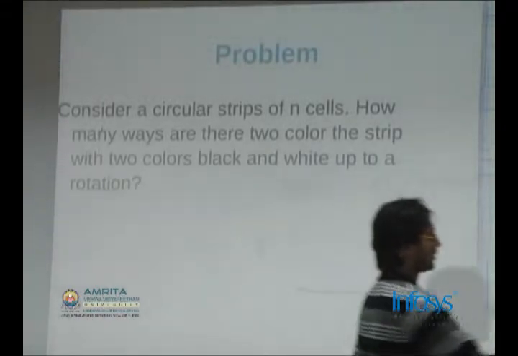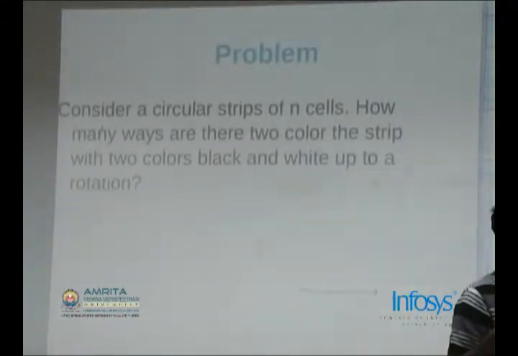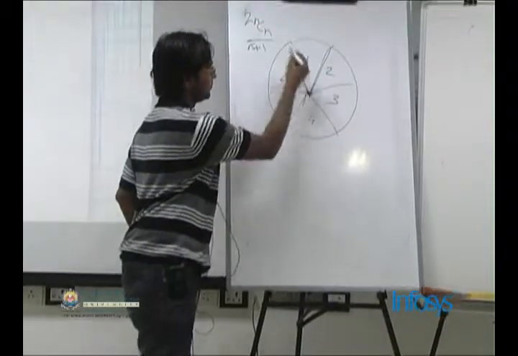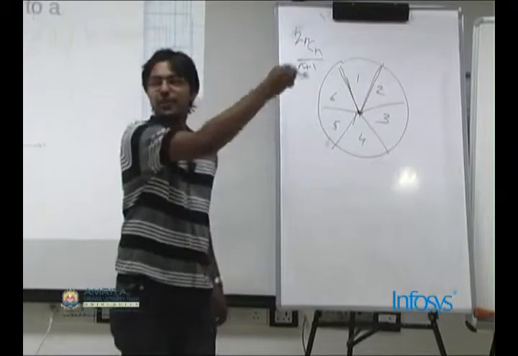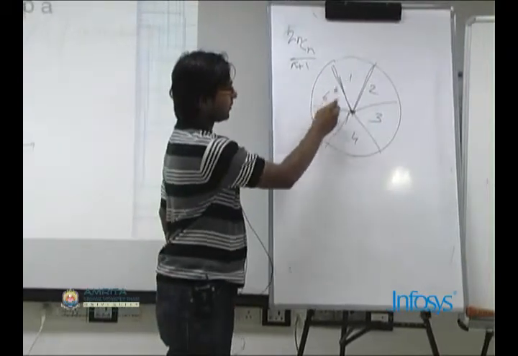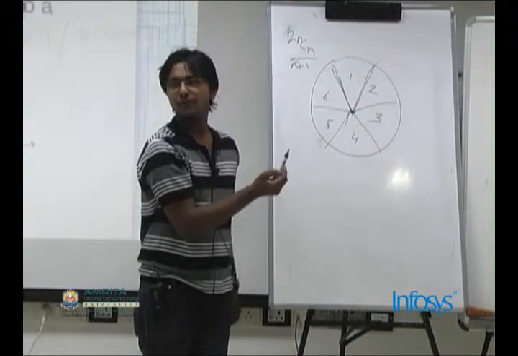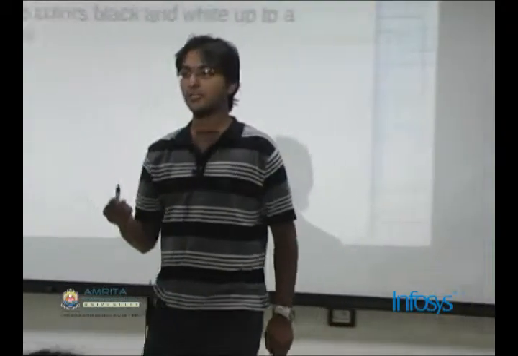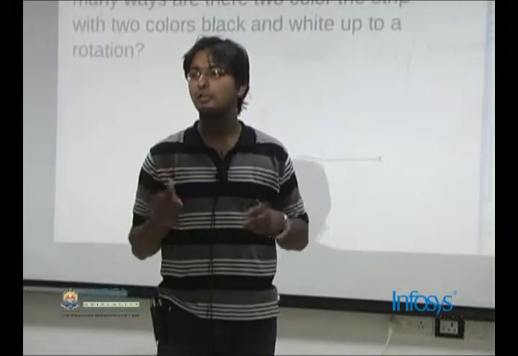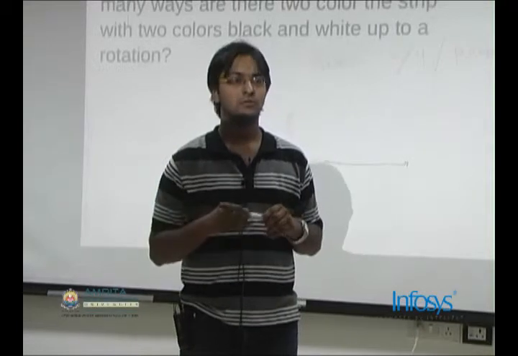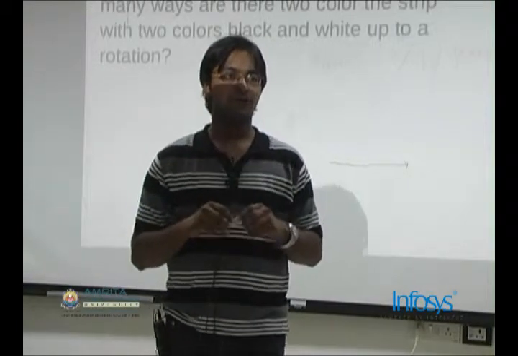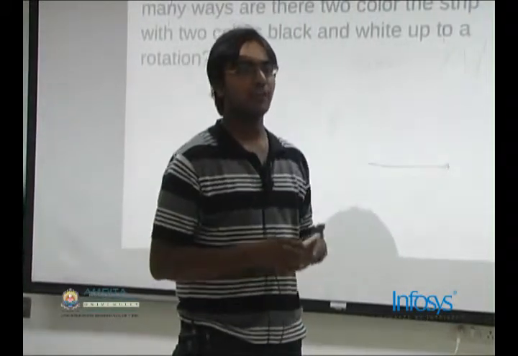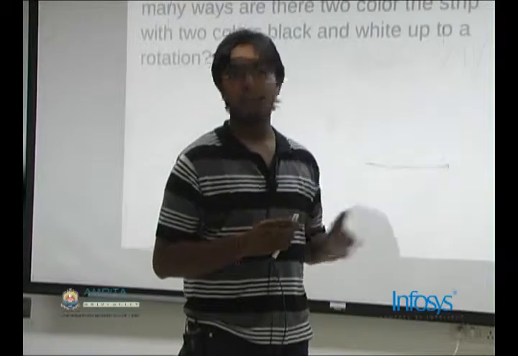So see, this is a circle. It's like a pie chart. Do you know what a pie chart is? From the center you just draw these line segments. This divides the circle into sectors. So 6 is adjacent to 1 and 5, like this. You need to color these sectors with k colors such that no two adjacent sectors get the same color. So finally you have to give out the number of colorings such that no two adjacent sectors get the same color, with a total of k colors and n sectors.